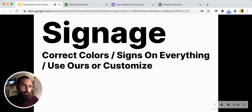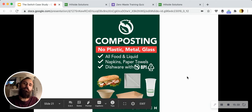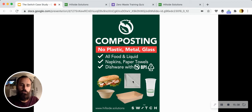If you design your programs like this, then you create safety nets along the way to catch them and to help deter non-participation and contamination. So correct colors, we talked about, and you have to put signs on everything. Here's an example. We have a sign that we've designed particularly for the Omaha market in tandem with our services. And then the switch ran over it with their branding, using their preferred font, adding in their logo, and then us strategically choosing images